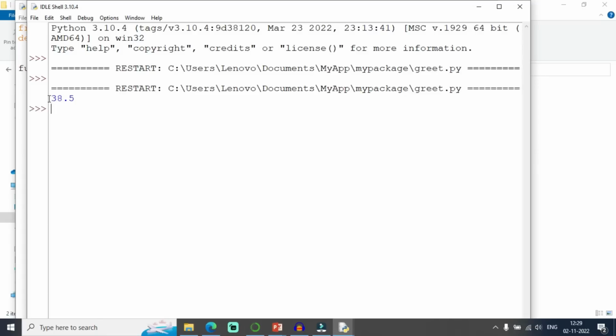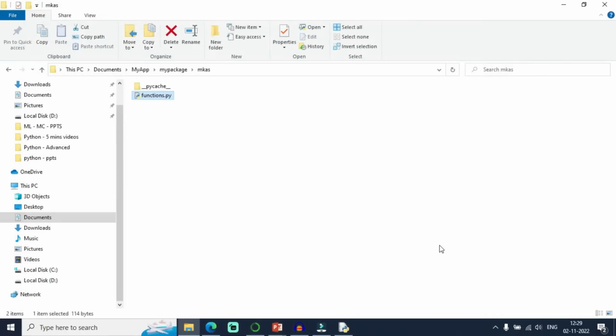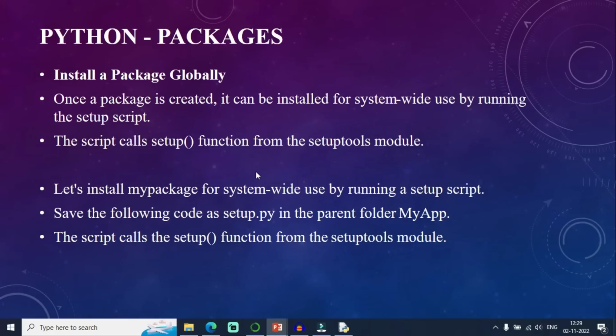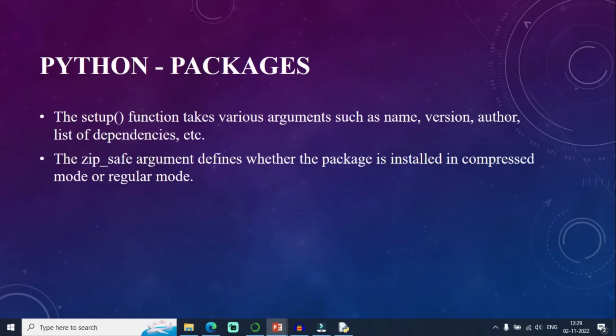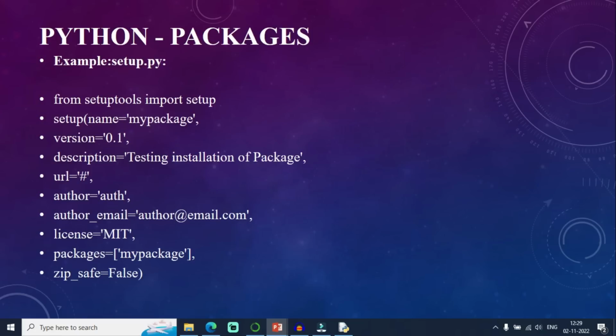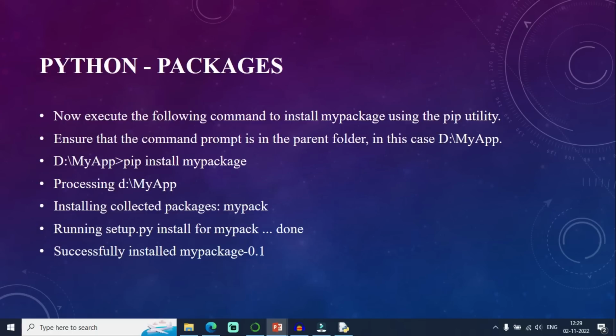You can see here, whatever the average is, it will be printed at the output. All these are the different types of operations. Whenever I want to import the package, these are all the different things that can be done using this package. For example, setup.py. All these are the different things that can be done using packages.